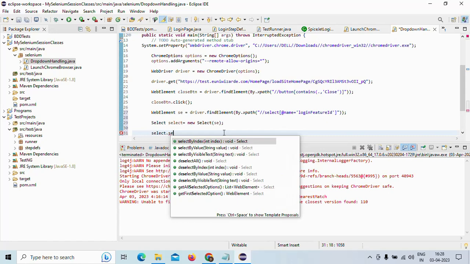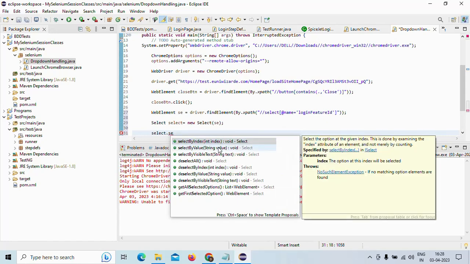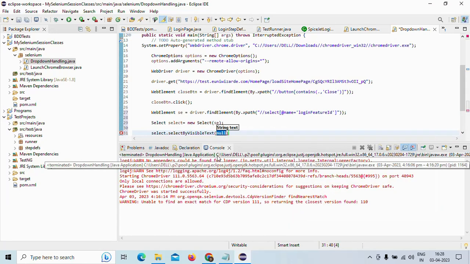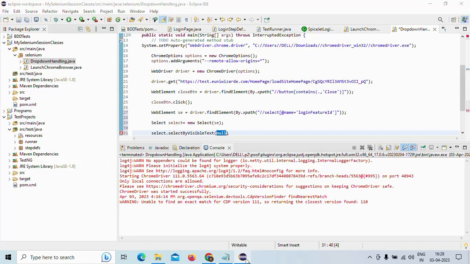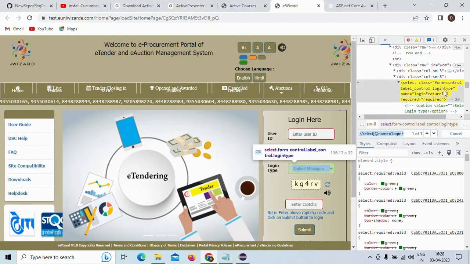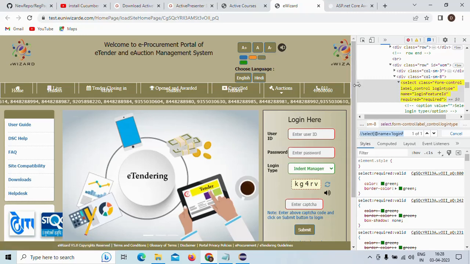Dot select by index, select by value, select by visible text. By using these three methods, we are able to handle the dropdown. We are able to select the values from the dropdown. So select by visible text means, if we go to here, see, in this select dropdown,